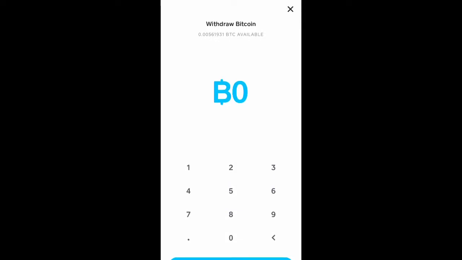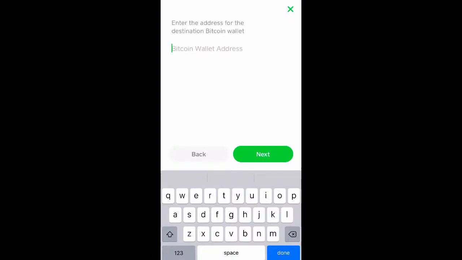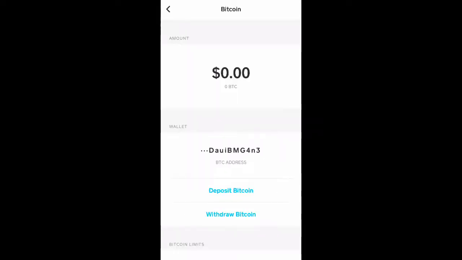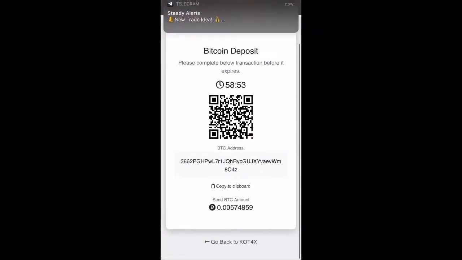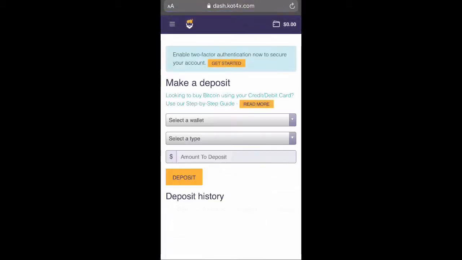See, right underneath withdraw Bitcoin, it says BTC available. So enter that number. Then withdraw Bitcoin, enter manually, then paste that Bitcoin code. You have successfully initiated a Bitcoin withdrawal. Once you get to KOT Forex or whatever broker you have, in the top right hand